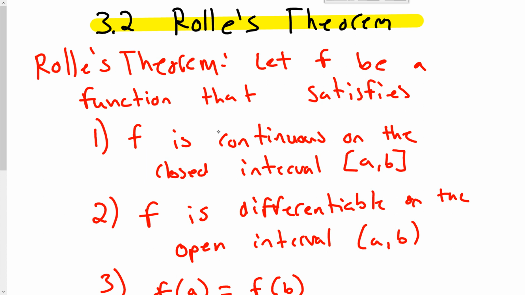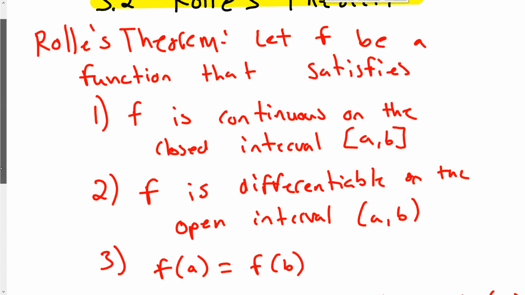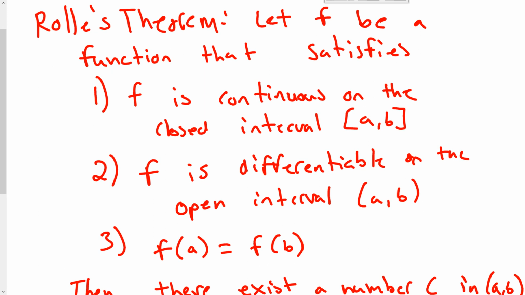It has to satisfy this condition. So it has to be continuous on its interval. However far you're going, first x, second x. This is not a point, this is an x value, and this is an x value. As long as it's continuous in there, has no holes, has no jumps, then we're good. And f also has to be differentiable on a to b, meaning that you can find the derivative anywhere between those two x values. And then the third thing